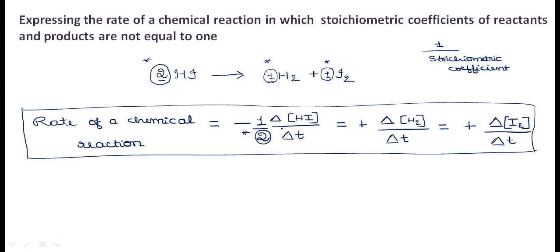Now, in this kind of problems, either they will give one reactant, one product, or one product, and they will ask you to find the concentration of other or express the rate of other. Like this, in different ways they may ask the question. This is with respect to one example. We'll take one more example, how to write the definition. So we'll consider